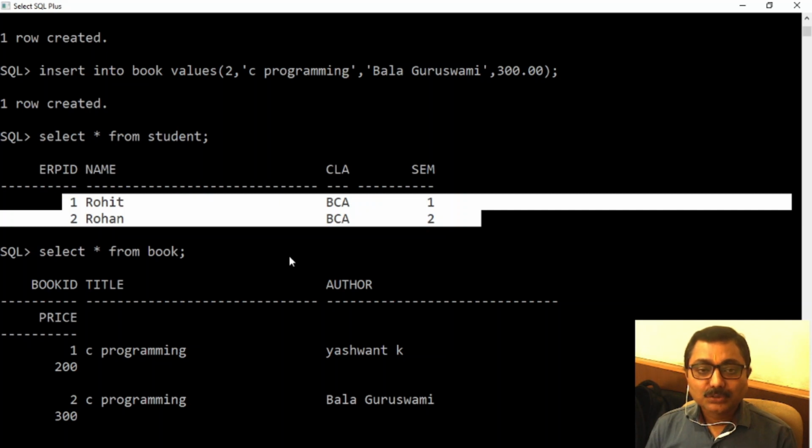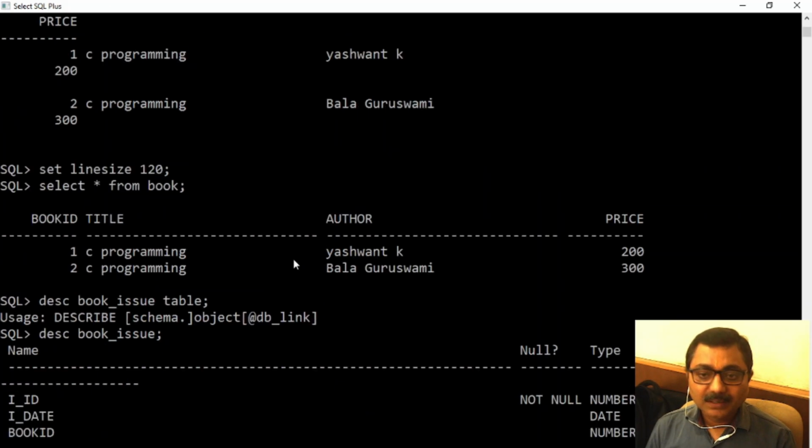Got the point? There is a possibility that human error can be done. But when it comes to the primary and foreign key relationship, it ensures no record will go into the detail table if the corresponding master record is not available. Clear?